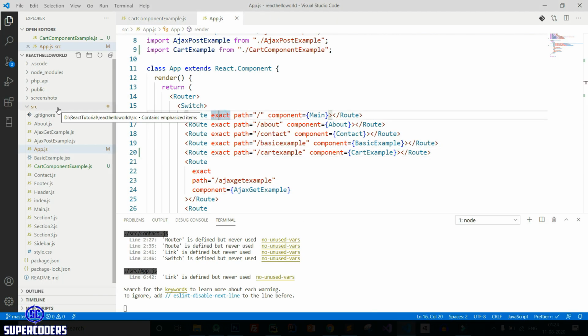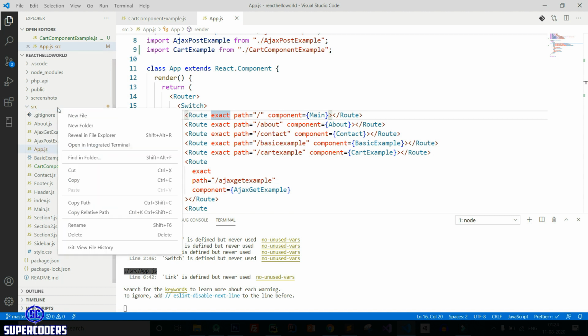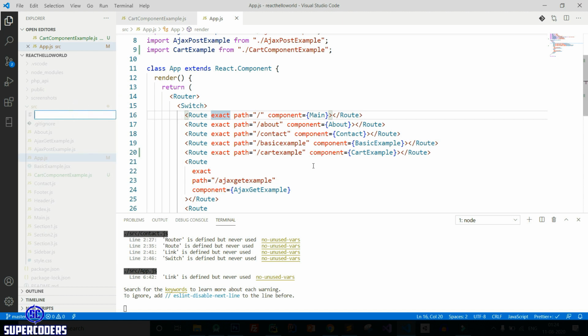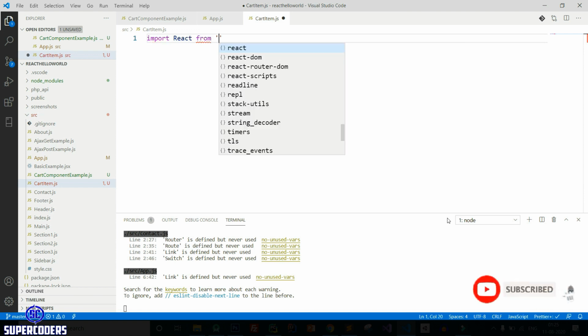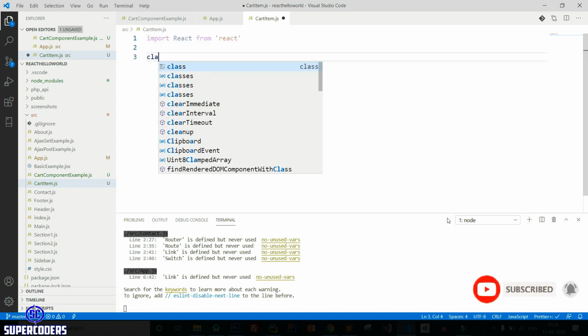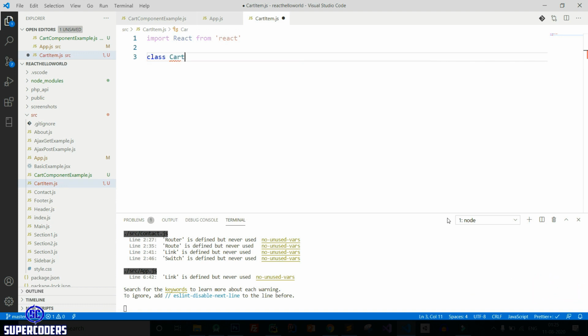Now creating a new child component of cart example such as items. So let's create new file and giving file name cart item.js, then here class, then first import React from React, then class cart item extends React.Component.